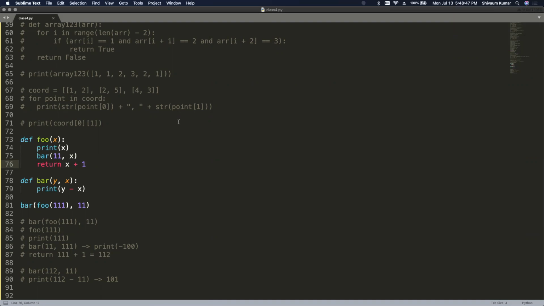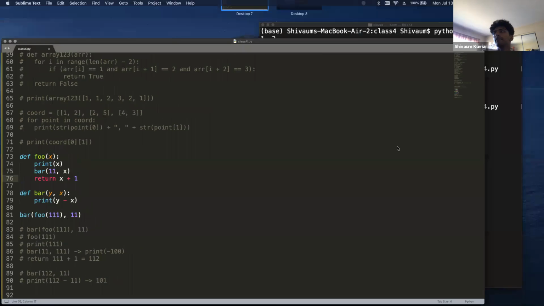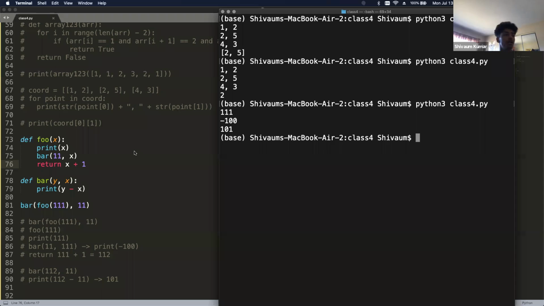I don't exactly get what bar and foo do, like what they do to the number. What it does to the number is basically arbitrary. You can honestly change this to whatever you like. These are just simple computations. Bar is basically just subtracting these two numbers, and foo is just printing that number and then returning that number plus 1, and also calling bar. There's no overall functionality. It's just random, arbitrary stuff. This was just an example to show you guys how you can call other functions within functions.